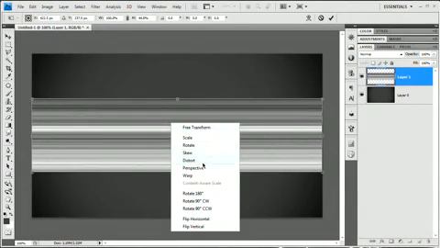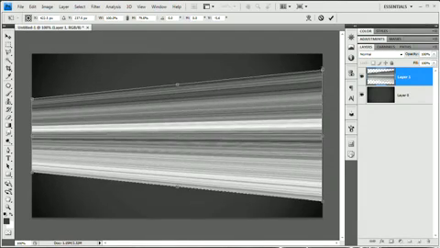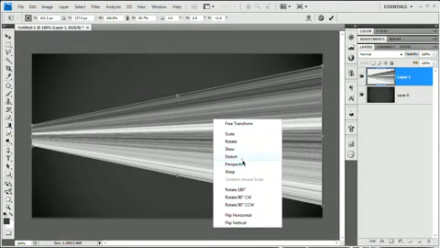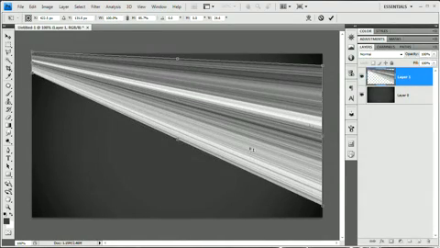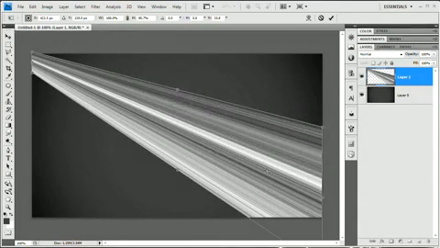Right click here on this and choose perspective, and I want to drag this top right corner up, and I want to drag the top left corner down. All right, cool. And then I'm going to choose skew. I'm going to choose the left center handle. I'm going to drag it up to the top left corner of my document and select the center right handle, and I'm going to pull it down to around the bottom right hand corner of my document,